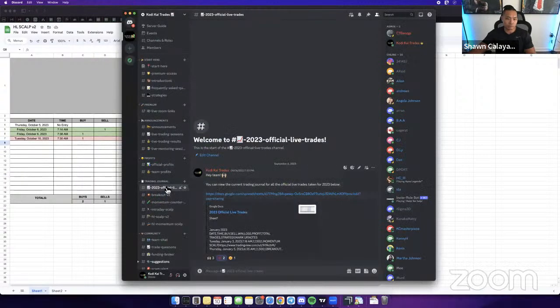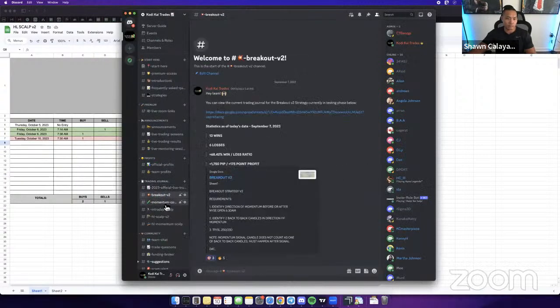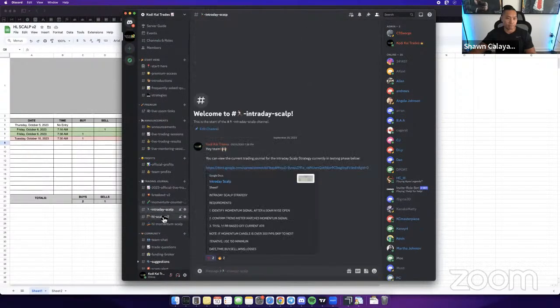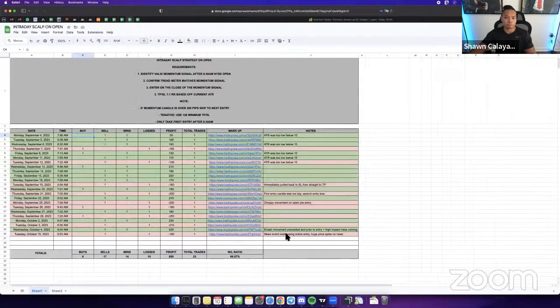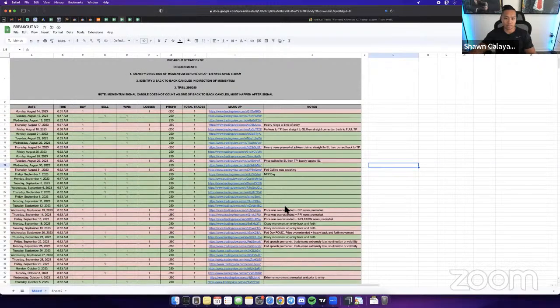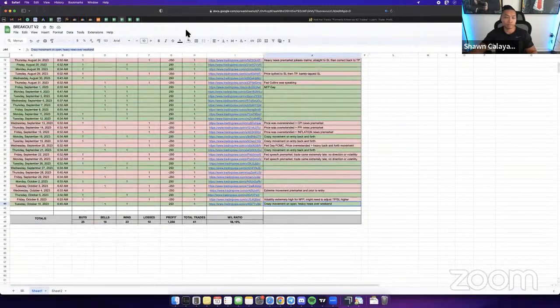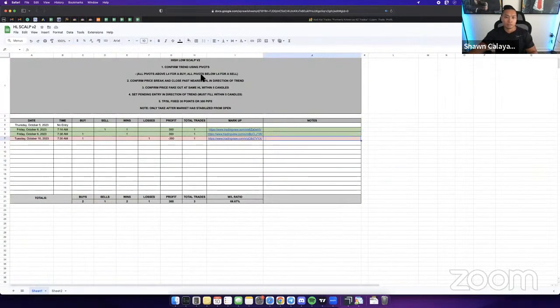So if you guys are on the Discord, just go down to Trading Journal. I have a spreadsheet available to all you guys here. Whenever we document any of these trades, we document the markup and have any notes there, and this will give you an explanation as to what happened for that specific day. So I'm going to copy this over because this is from today's entry as well, so that we have an idea of what was going on today.